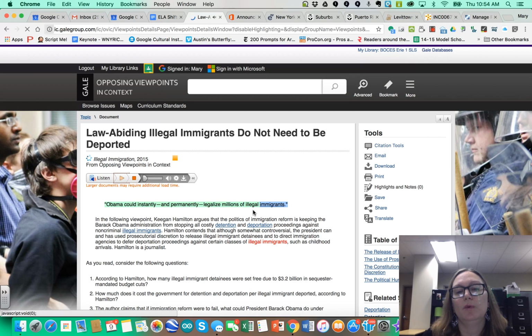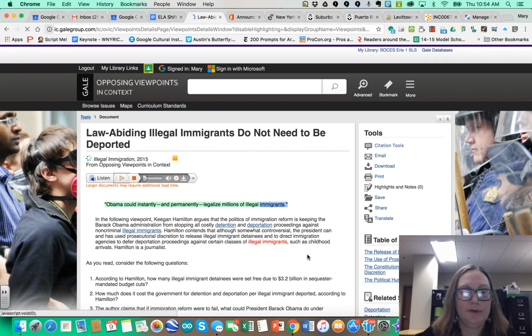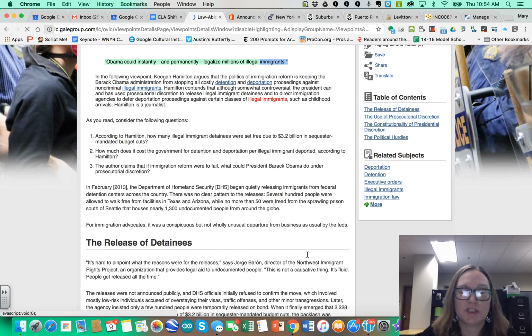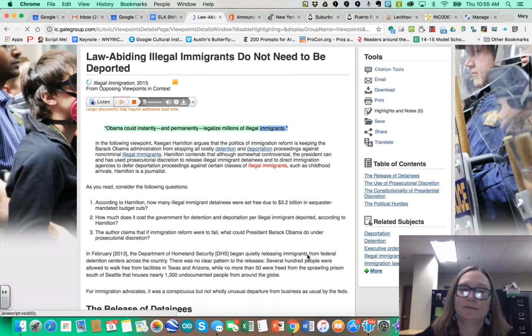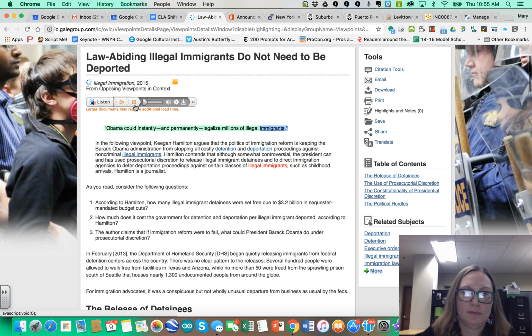Okay, now this is obviously from before the current administration. But as you see, I can listen to the text that's here. Oops, close out of here. So some other options that I have. If I highlight, I just stop that. If I highlight some text on the page,